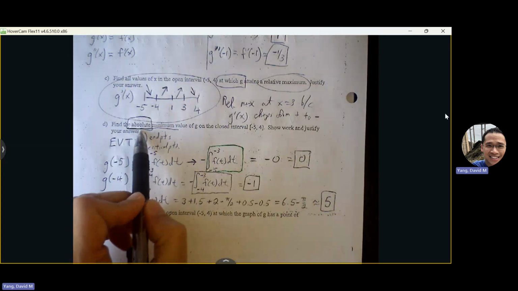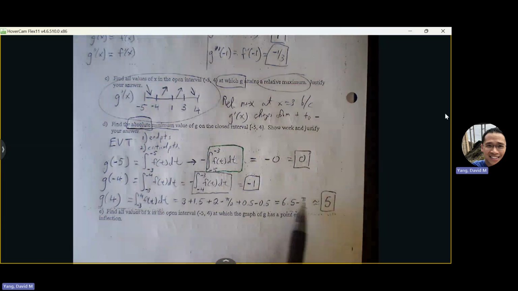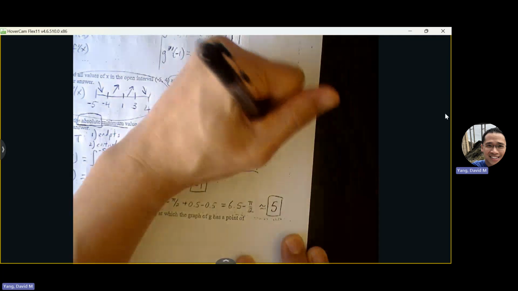Okay, so we're asking for absolute minimum. So between these 3 numbers, what's the lowest that we see? What's the lowest y value? -1. That's our absolute min. So absolute minimum